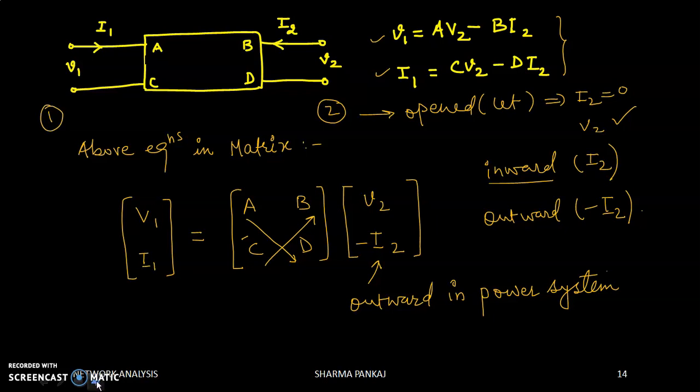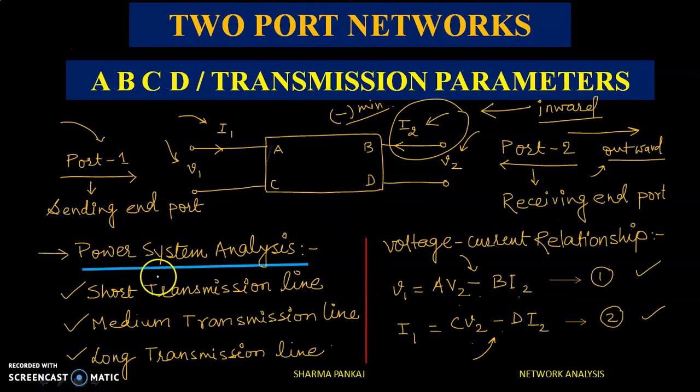That is A dash, B dash, C dash parameter, after we have studied ABCD parameter. In the next video, we are going to study A dash, B dash, C dash parameter, or the inverse transmission parameter. The understanding of A dash, B dash, C dash and inverse transmission parameter will involve understanding of this.